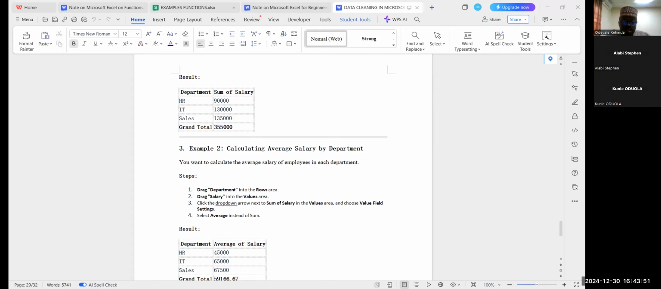Last class, we were able to touch some techniques in data cleaning. We touched on how to use trim, clean, substitute, and other data cleaning techniques. We wanted to do pivot tables when our time lapsed. So now we are going to continue